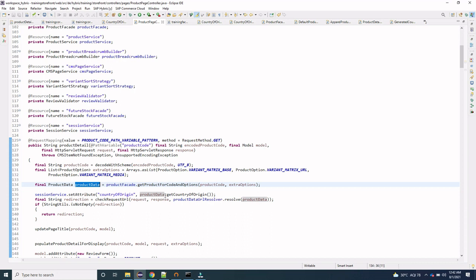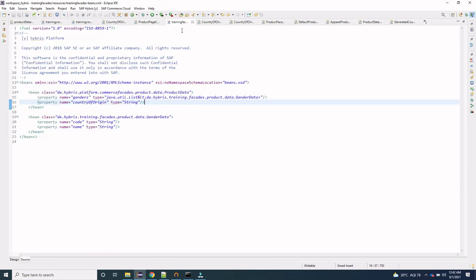But how does this value, the country of origin, come here in the product data? For that, in the facade, where we are defining our product data, you have to go to the facades beans.xml and define that particular property, country of origin.